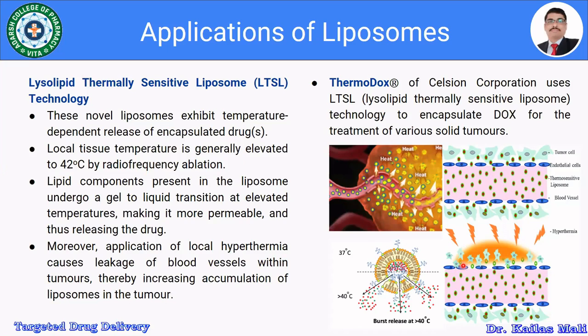There is a product or technology available, that is ThermoDox, which is developed by Celsion Corporation. It uses the LTSL, that is lysolipid thermally sensitive liposome technology, to encapsulate doxorubicin for the treatment of various solid tumors. So we give the product by the parenteral route, then at a specific tissue,